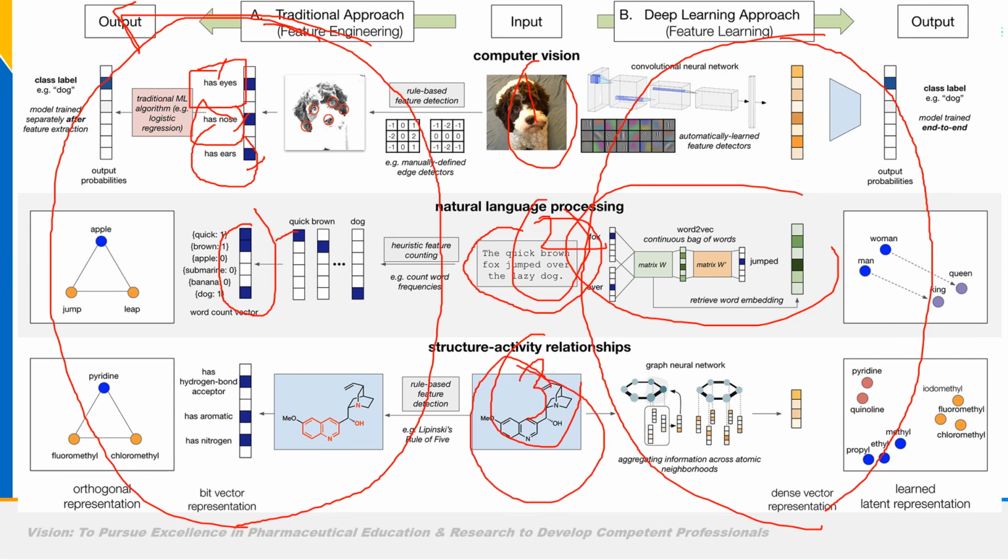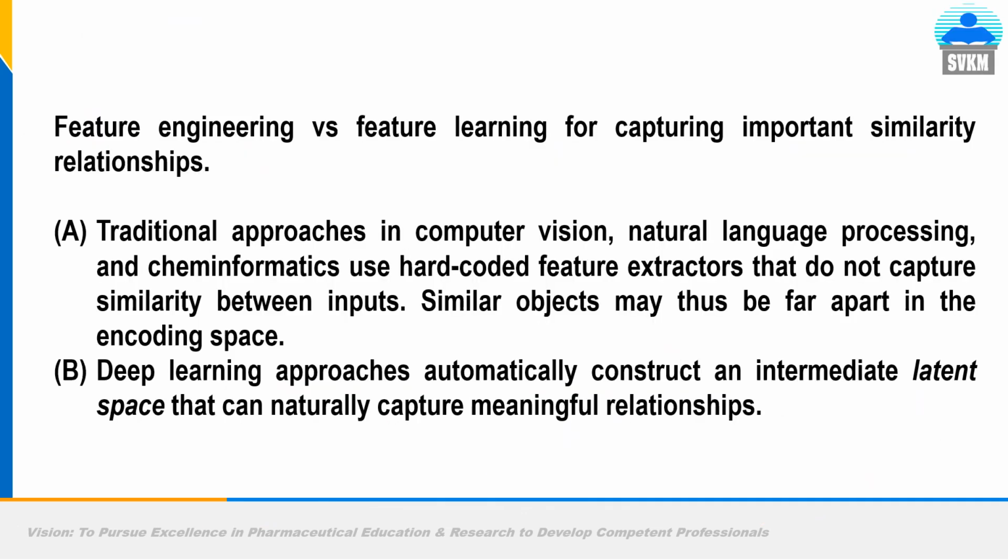Same is the problem with this structure. Here you have to make a rule-based structure. Like here, okay, it has a hydrogen bond, so this is the symbol. It has aromatic, so it is a symbol. It has nitrogen, this is a symbol. This is the feature vector. This is the traditional or classical machine learning, or feature engineering. In case of deep learning or modern machine learning, as I told you, directly you can train your machine learning or deep learning model on the molecular structure by converting it into a molecular graph. So whatever I explained in the last image is summarized here.